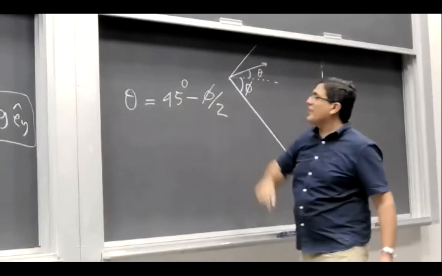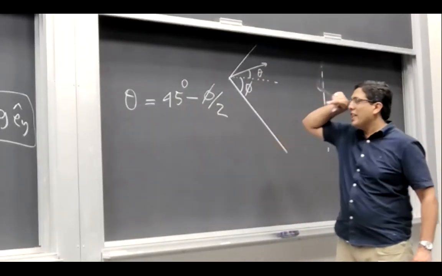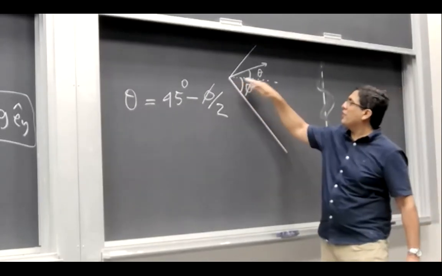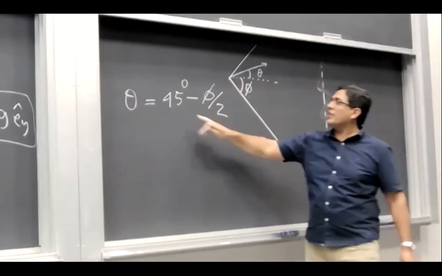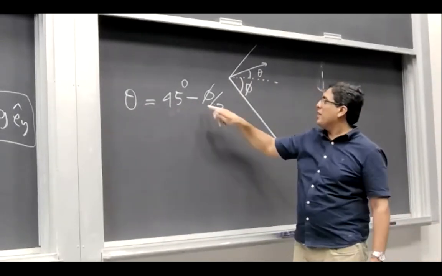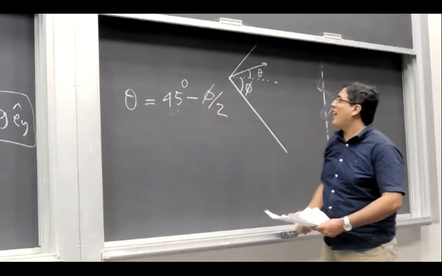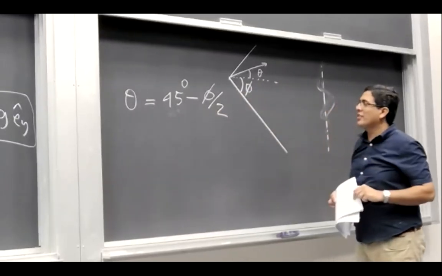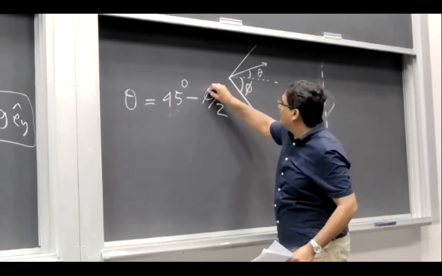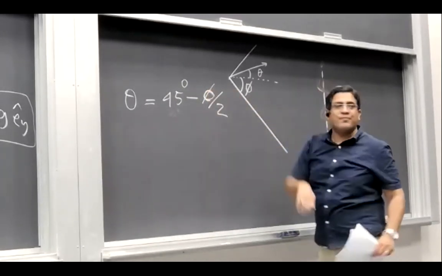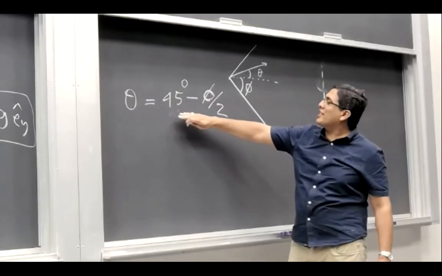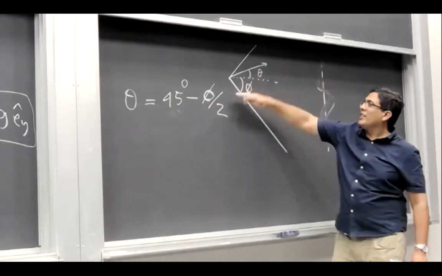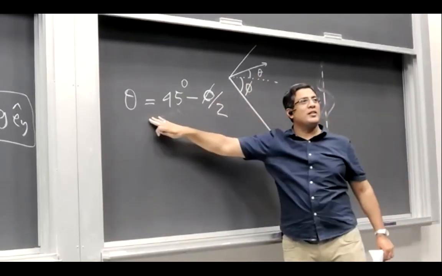At exactly 45 degrees, that would not give me the maximum range. In fact, I am better off throwing the projectile a little shallower than what I would do in the flat ground case. So I should throw it at an angle smaller than 45. See, minus, and how smaller? Exactly half of the inclination of the ground, half of the angle that ground makes with the horizontal. So if I throw it at this angle, now it also depends on phi. If you take the ground back to flat case, the phi goes to 0 and you recover the original condition.